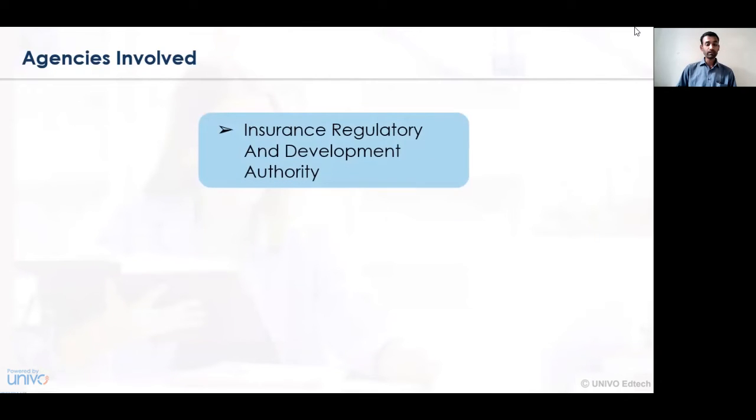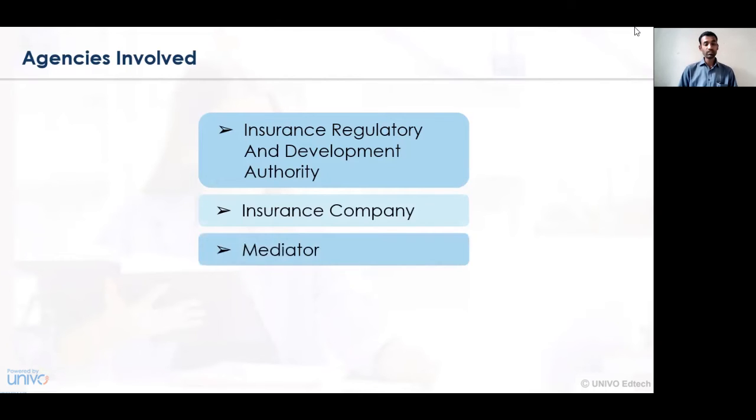Now let's look at the various agencies that have been involved in the concern of remuneration. The first prime agency or the regulatory authority at this stage is IRDAI, the Insurance Regulatory and Development Authority of India. Another agency involved in payment of remuneration to an insurance broker or insurance agent is the insurance company itself. The insurance agent or broker receives a certain sum of money from the insurance company. That is, the remuneration is paid by the insurance company to the insurance agent, and hence the insurance company is also a participant in the remuneration being paid.